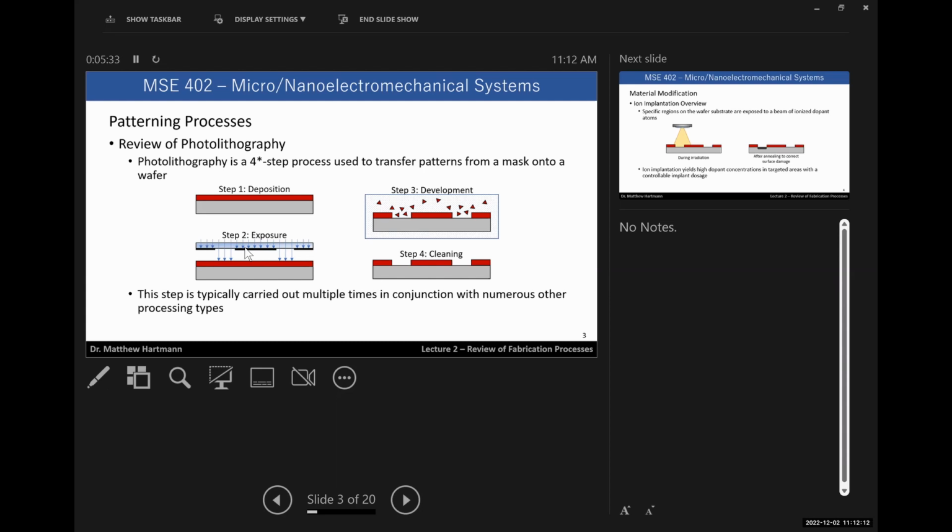Modern development processes, instead of soaking your whole wafer in a bath, use a depositor, much like you deposit your photoresist. You just deposit some developer on the surface and remove the material selectively. And then the last part of the photolithography process is cleaning, where you're removing all of the chemical solvents and all that kind of stuff that you don't want anymore, leaving a patterned photoresist layer atop your